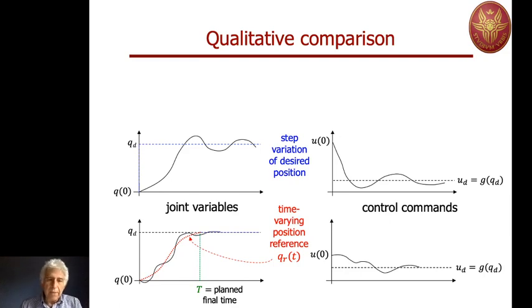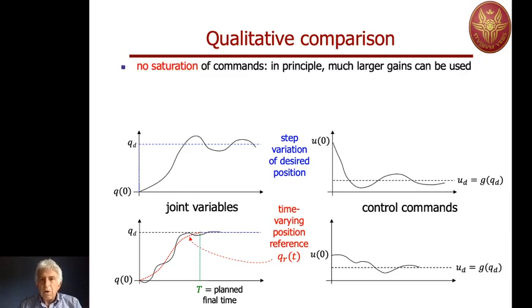At the same time, because we never get large errors, and possibly we can use large gains, you see that the qualitative evolution of the torque is the one in the last plot on the right, so the initial torque is much smaller than in the previous case, and sooner we will probably get to the final desired value when we compensate gravity. So, summarizing,